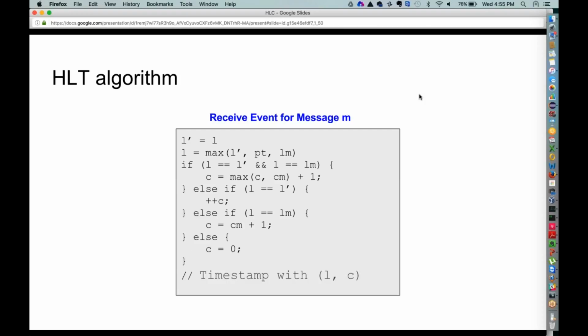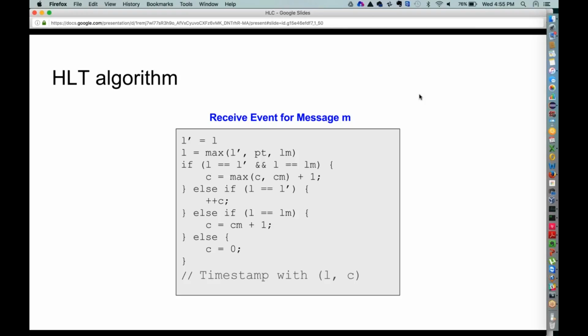On the receiver side, the L value is set to the maximum of the current L value, the current physical time, and also the L value in the incoming message. And this is actually all that there is. Just by sending and receiving messages, you keep updating the L and C values to reflect what you have seen locally as well as what other nodes have seen.